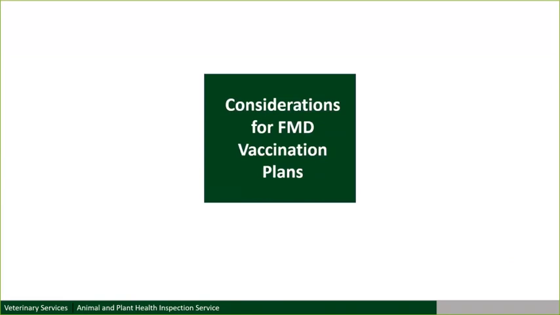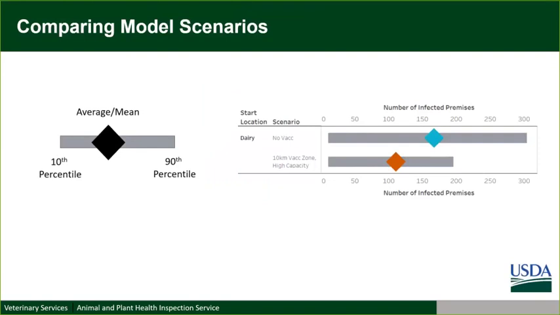Again, we didn't model, or I'm not presenting, each state and an evaluation of each state, but more just overall some of the trends that we see and some key points most critical so that your vaccination strategy is most successful at decreasing an outbreak size or protecting an industry that could be ruined due to losses from production or depopulation. And so before I go into some of these key points,